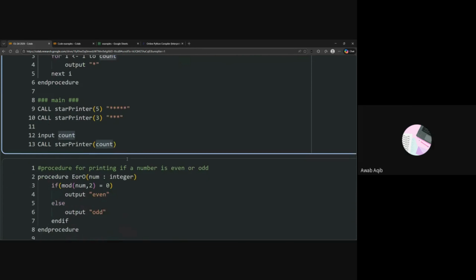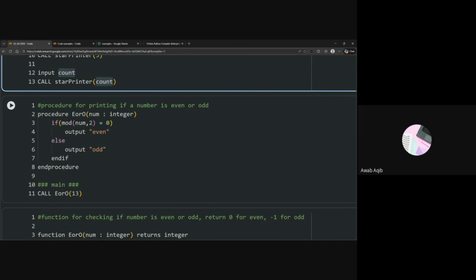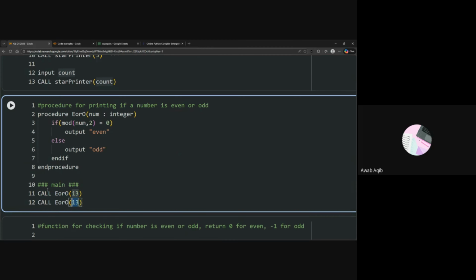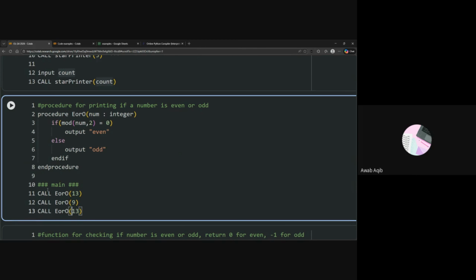Right? Okay. Then we have procedures for printing if a number is even or odd. So if a number is even or odd, we can write a procedure for that. Again, procedure, name of the procedure, even or odd. Then we have the parameter, whatever the number is. Then we take its modulus by 2. If it is equal to 0, output even, else output odd. And then again, you can call it as many times as you want on as many values as you want. Like